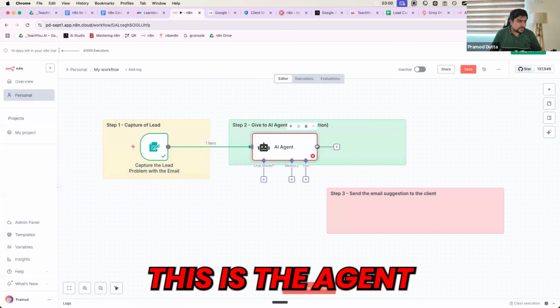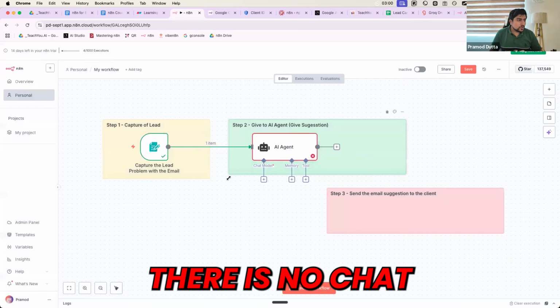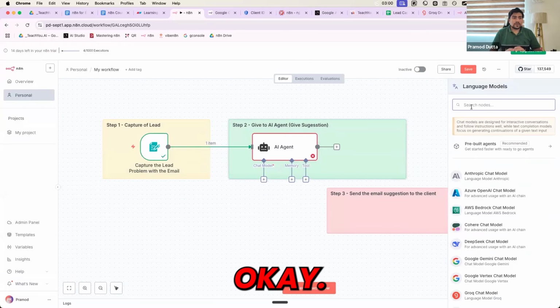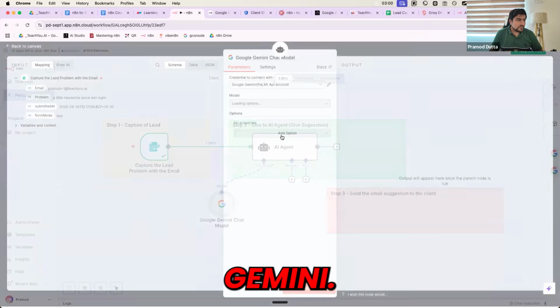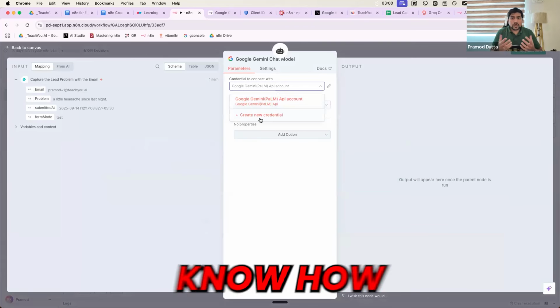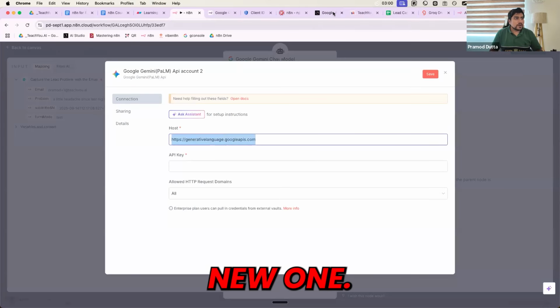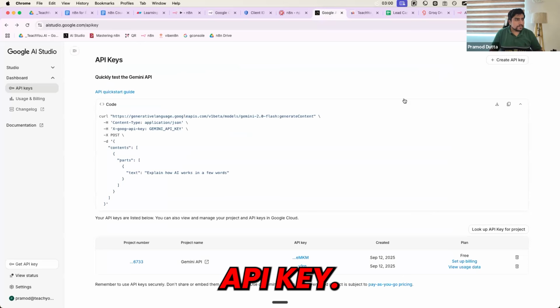So this is the agent, but as of now, you can see that there is no chat model attached to it. So we will attach a model. The easiest one, which we have already done, is Google Gemini. Last time also we added the credentials. If you don't know how to add a credential, it's very simple: click on create a new one, go to ai.google.com, click on create an API key, click on this link, and after clicking the button,